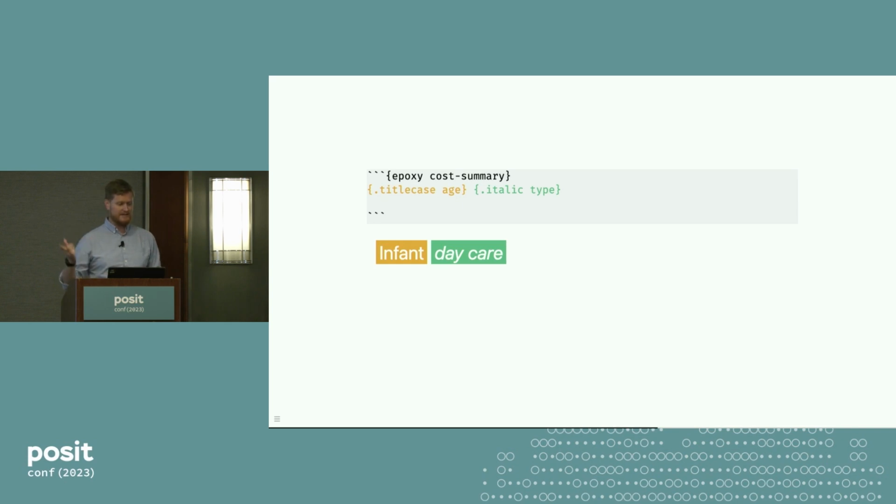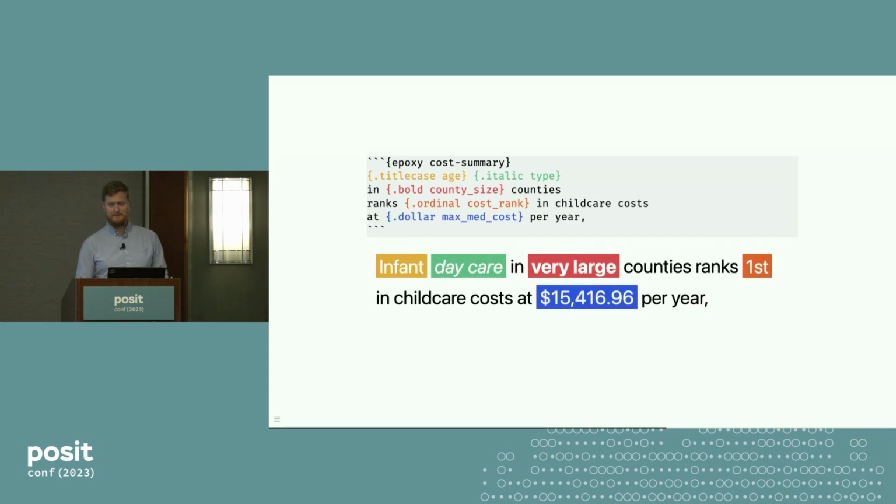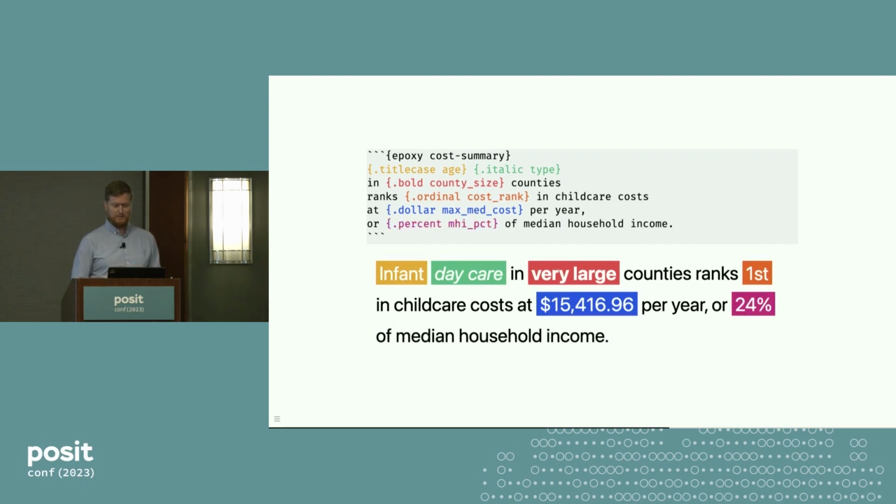And I can write: infant daycare in very large counties ranks first in childcare costs at $15,416.96 per year, or 24% of median household income. Okay, that's pretty cool. I like parts of it, but there's a couple little things that are bugging me still, and we're gonna fix those. The first one is that $15,400 something is a big number,